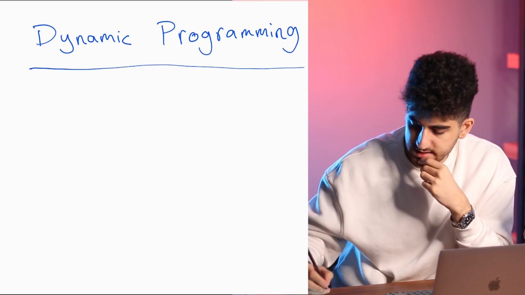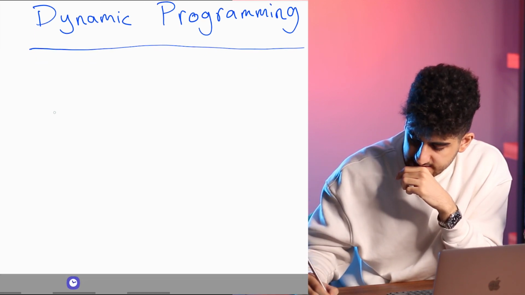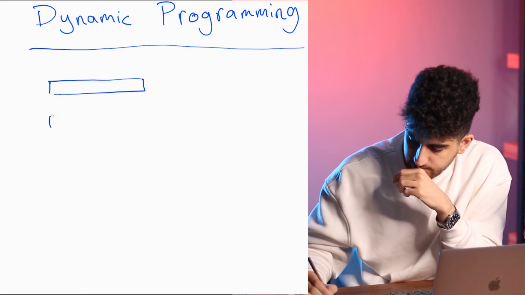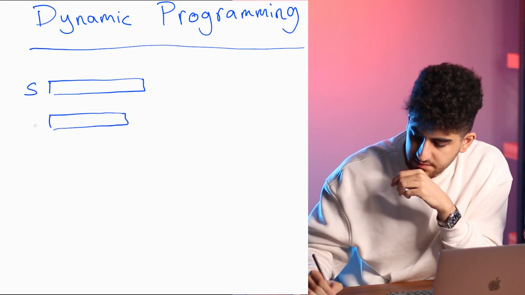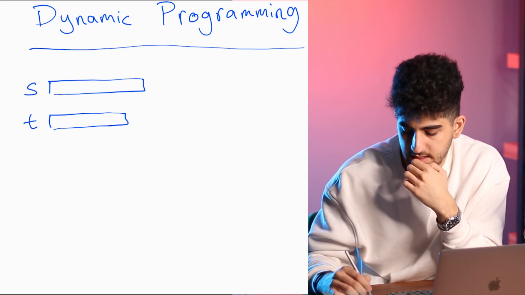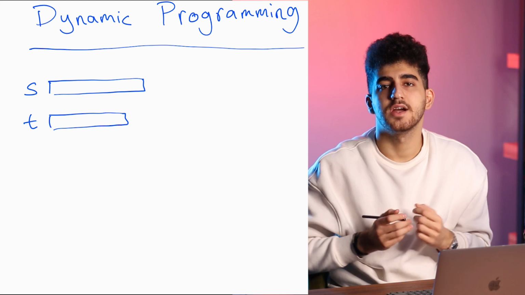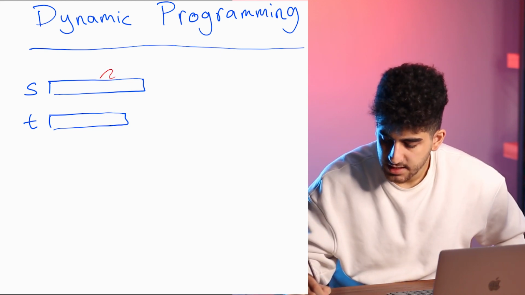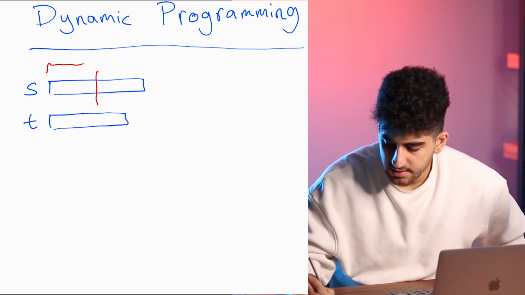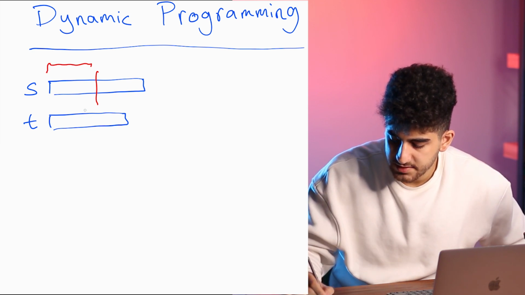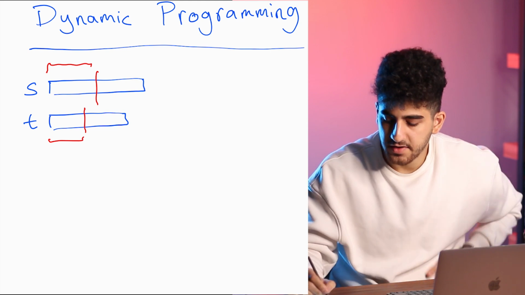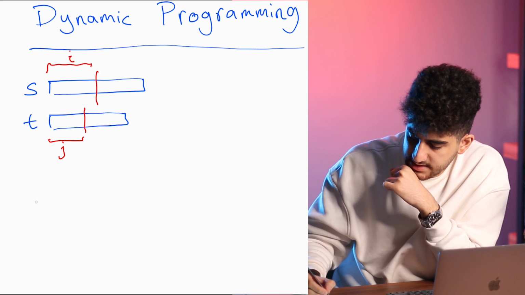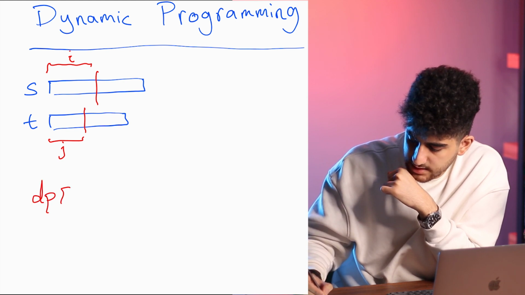So here for these two strings S and T, each of them has its own length. Instead of just finding the LCS of these two strings, I find the LCS for each prefix of the first string and each prefix of the second string. So for each I and J, I define a DP of I and J,